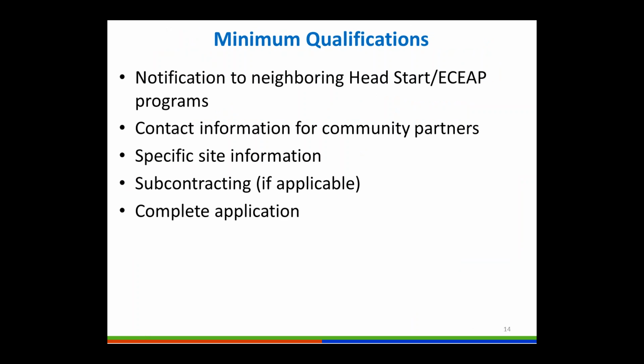We need to have contact information for community partners, and also specific site information is also very important. And then a complete application. So let's move on. And also subcontracting is listed here if that's applicable. Then that's also a minimum qualification.